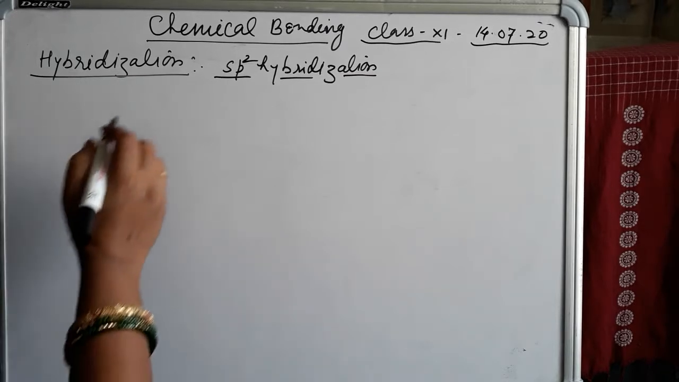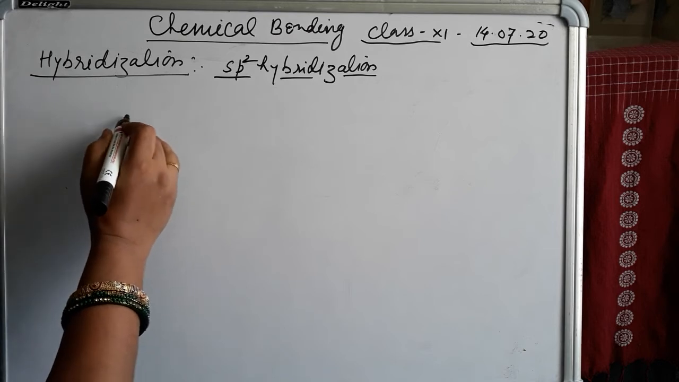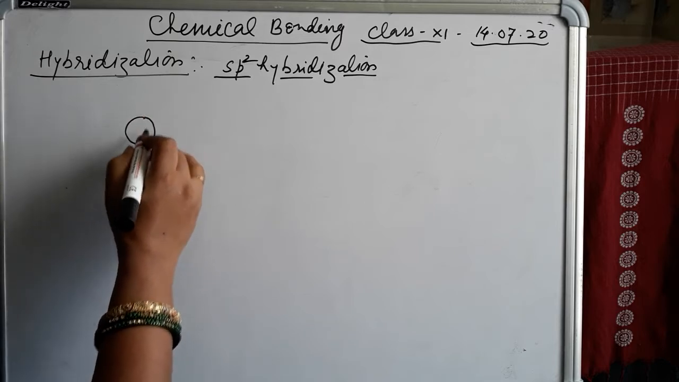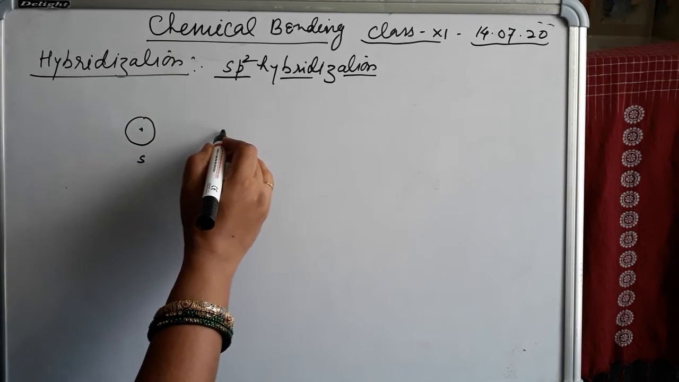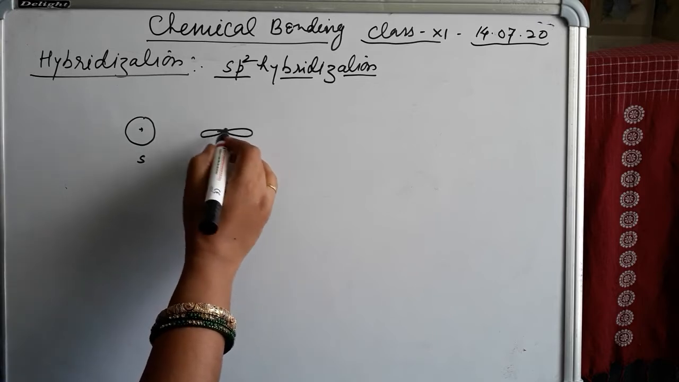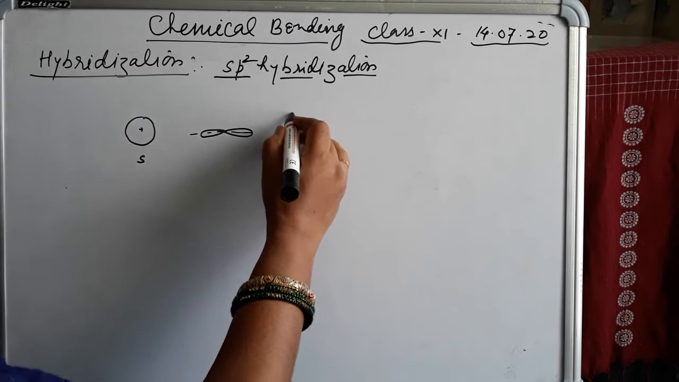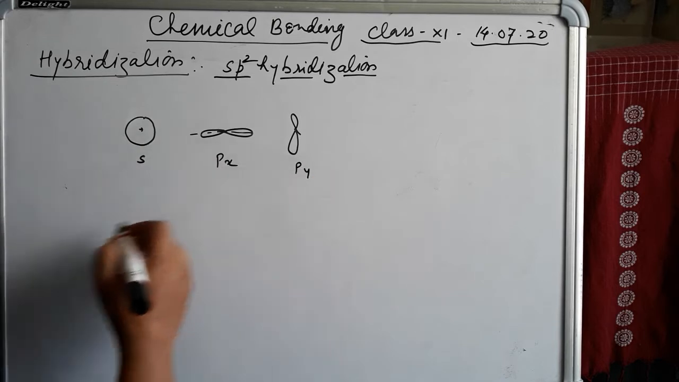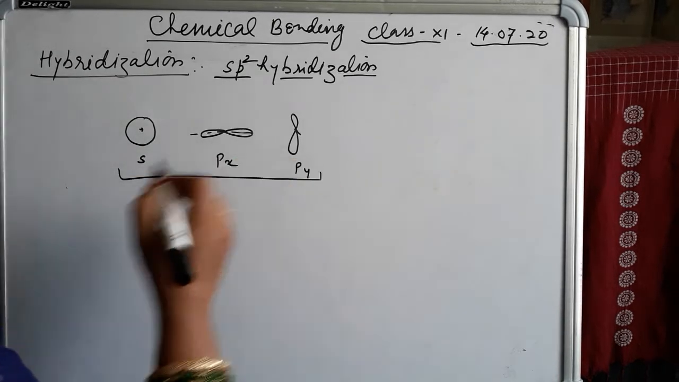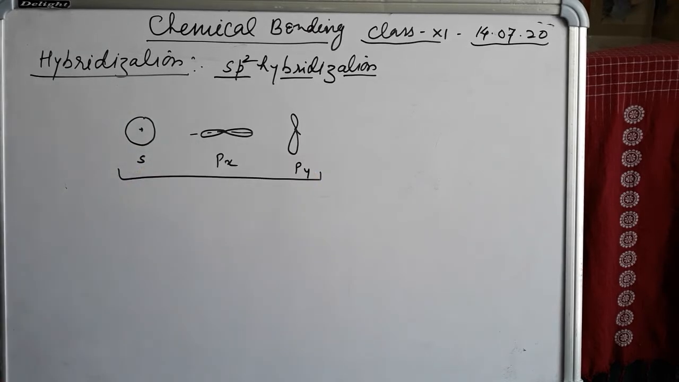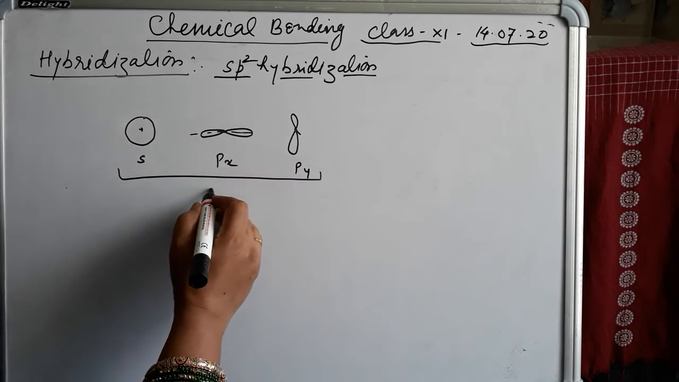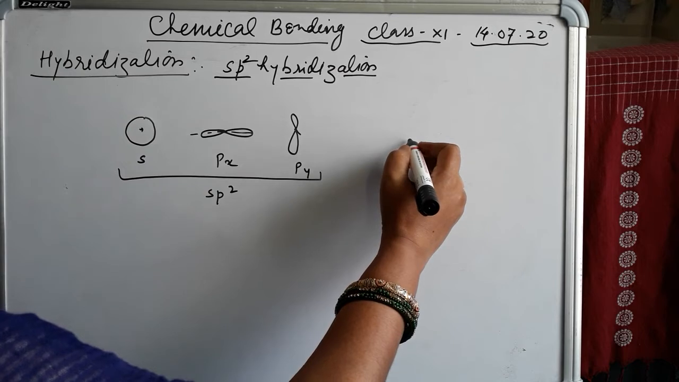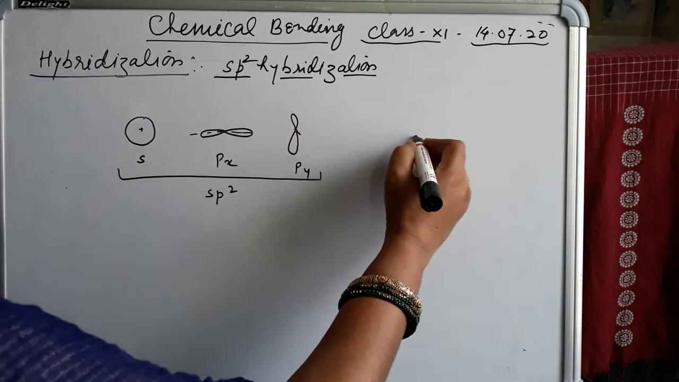Students, this type of hybridization involves the mixing of one s orbital and two p orbitals. Suppose this is px and this is py. By intermixing of three orbitals, 1s and 2p, it will form sp2. And there, as we discussed how the sp hybrid orbitals look,